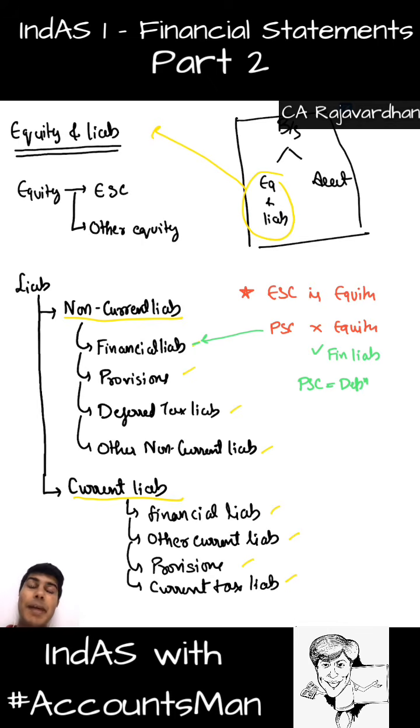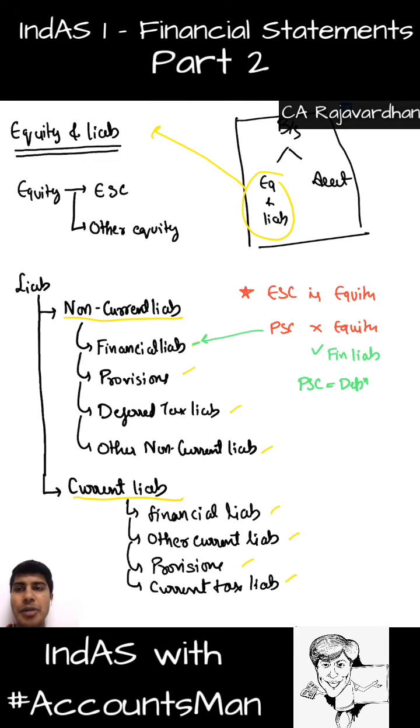So what would be the impact of this on our financial statements with regard to statement of profit or loss? Previously, whenever we gave dividend on preference shares, we wrote it in reserves and surplus as a deduction because it was appropriation of income. However, under the new era, preference share capital is regarded as liability. So dividend paid on preference share capital is something like interest paid on debentures. So it is part of the expense in statement of profit or loss. So that's the new thing.